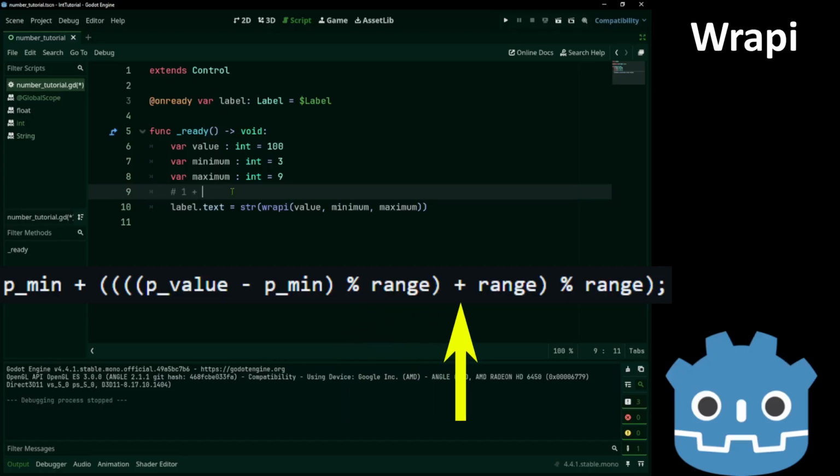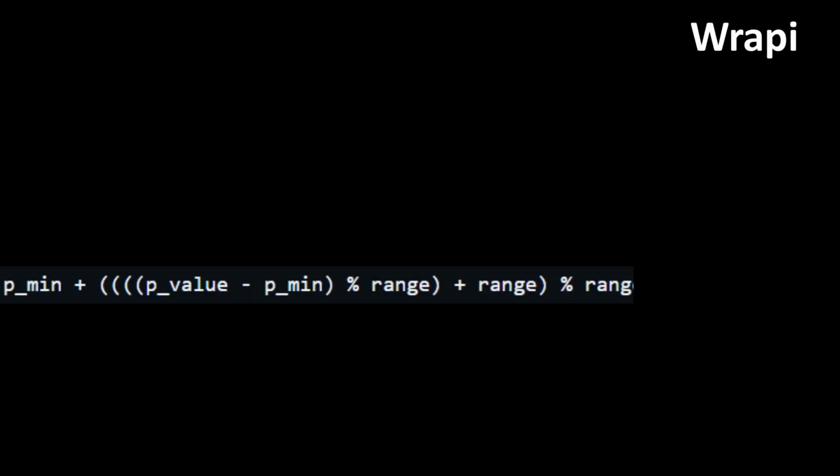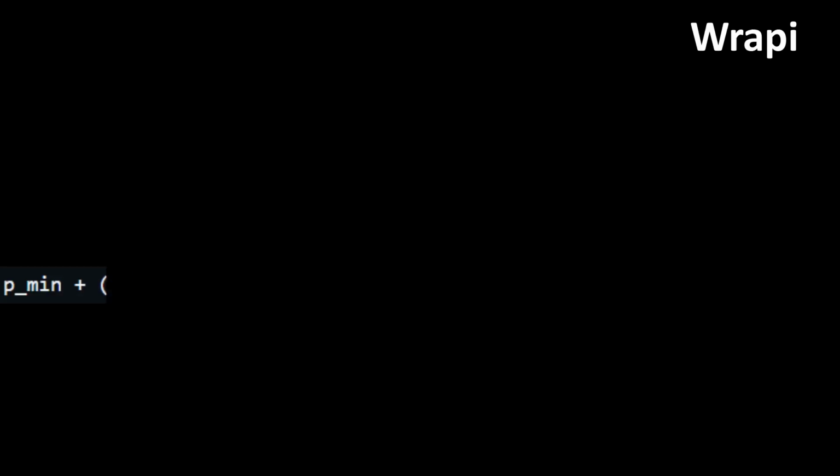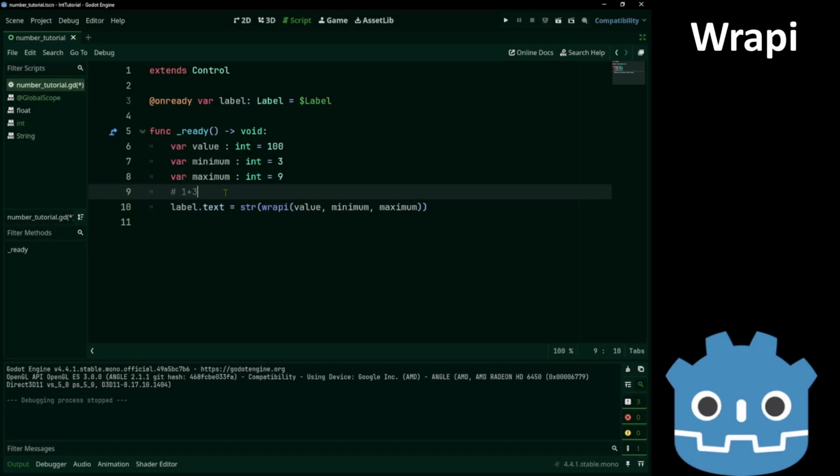Increase it by the range. Then mod the range again. We get 1. So we finish with everything in the parentheses. And now we just add the minimum. And we get 4.